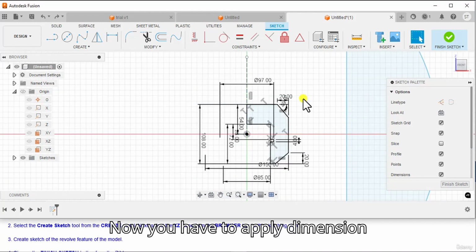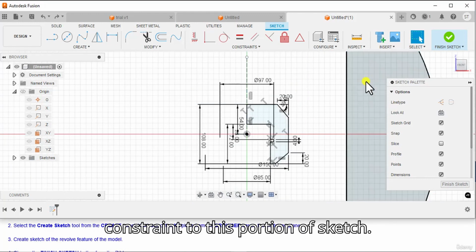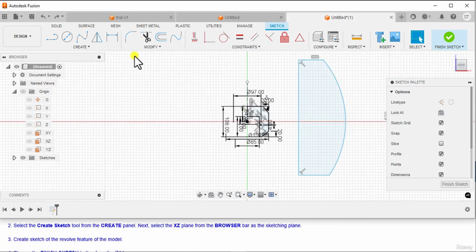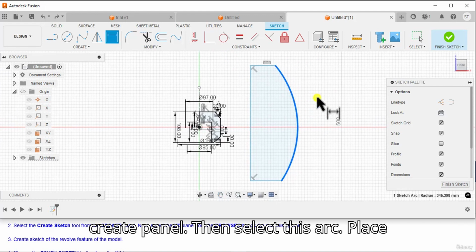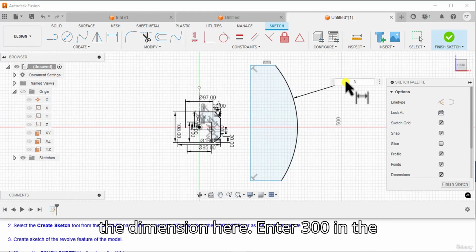Now you have to apply dimensional constraints to this portion of the sketch. Choose the sketch dimension tool from the create panel, then select this arc, place the dimension here, enter 300 in